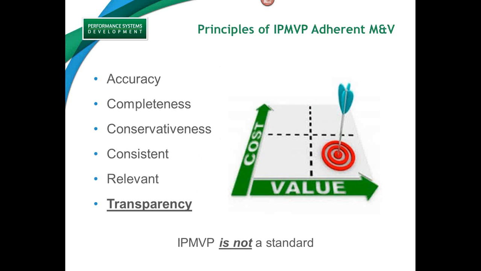One of the key things that we talk about in our CMVP courses are the principles of IPMVP adherent plans. And you'll see again in the M&V activities, of course, they're not cheap. This isn't additional cost that someone has to bear. So we are constantly, as M&V practitioners, balancing the value of the M&V versus the cost to administer and deliver it. And in that balance, we are weighing these 6 terms: the accuracy, the completeness, the conservativeness, the consistency, the relevance, and the transparency of our M&V activities.